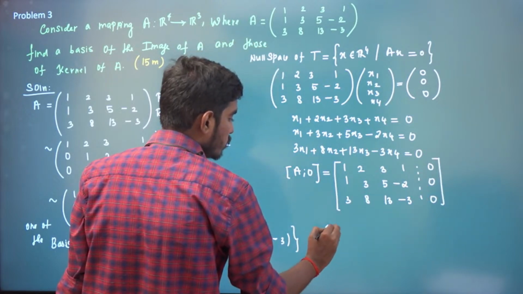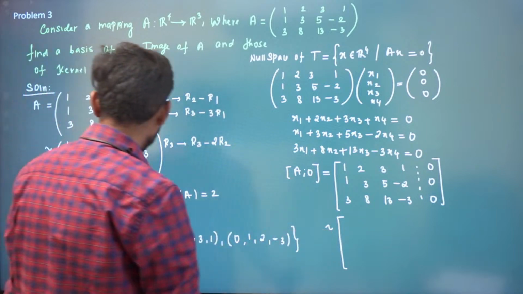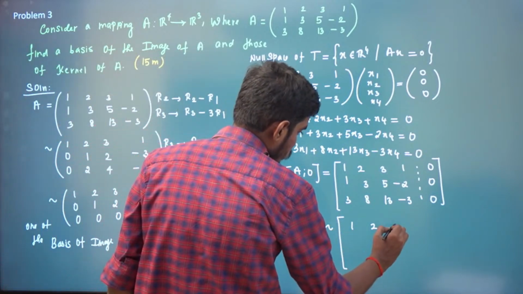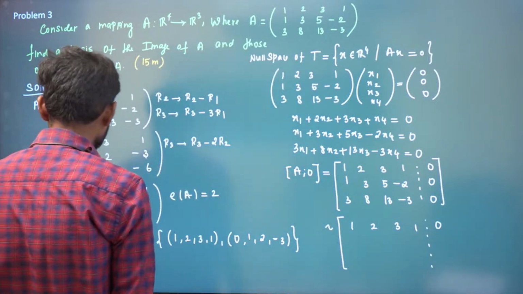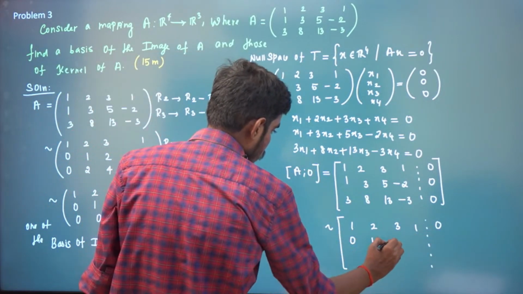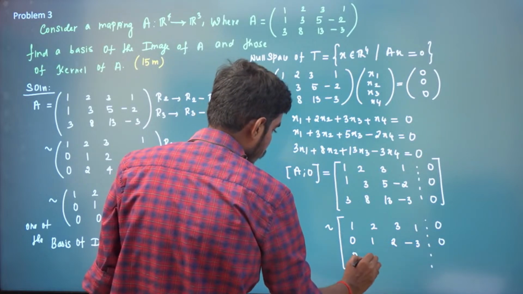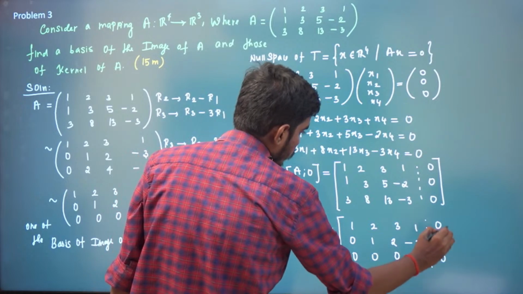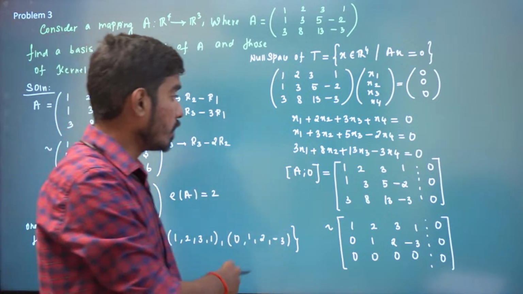So if I reduce this to row echelon form, I'm going to write the same matrix here, which is 1, 2, 3, 1, 0, 1, 2, 3, 1, 0, 0, 1, 2, 0, 1, 2, minus 3, 0. Then we have 0, 0, 0, 0, 0. Right? So here you can see how number of free variables is what? Number of free variable is,